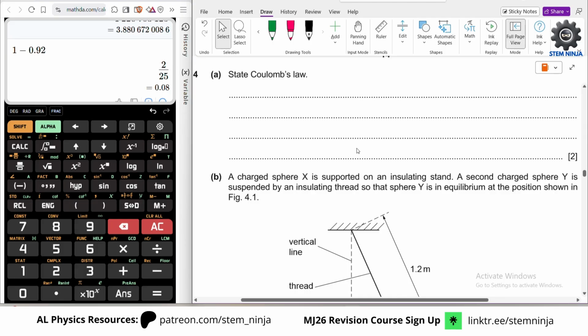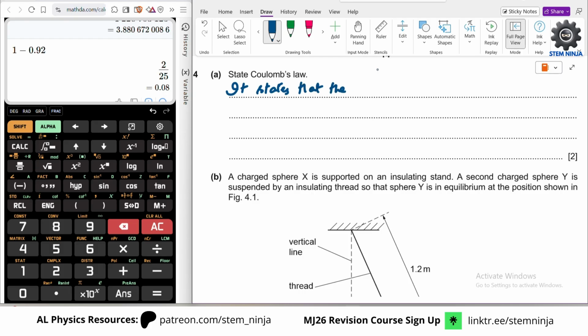Question number 4. State Coulomb's law. Now this is also an important definition. We can see that in the frequently examined questions. However, let's try to write this. So it states that the electrostatic force